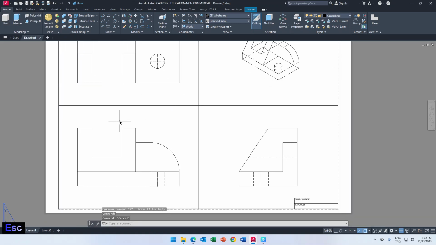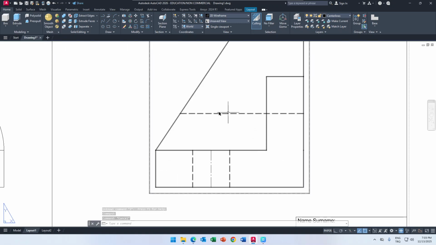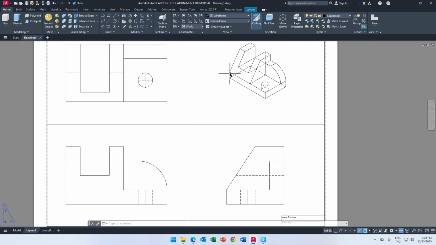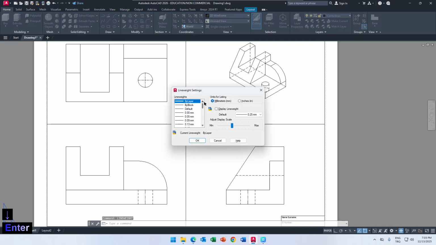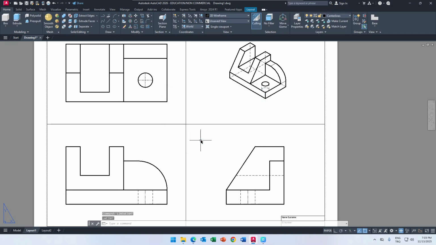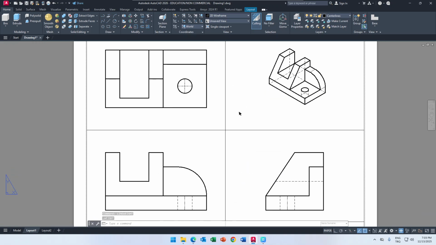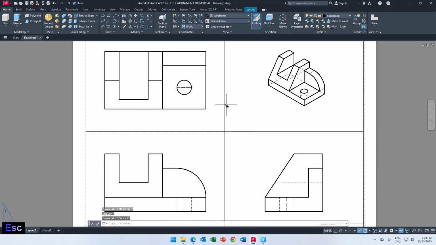It is nice now. So now my dashed lines are visible, my lines are visible. If you want to make all line weights visible, you can type line weight, this one, line weight, enter. So you can click this one and activate display line weight, and all line weights should be visible now. So now you can raise these 4